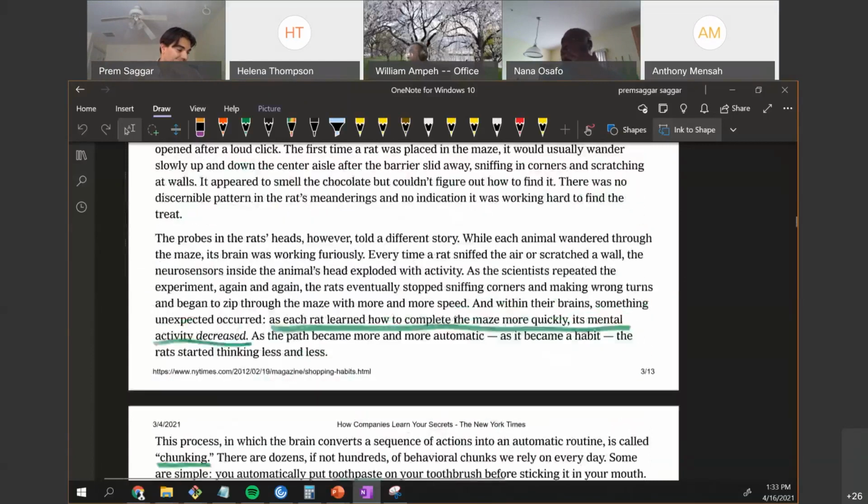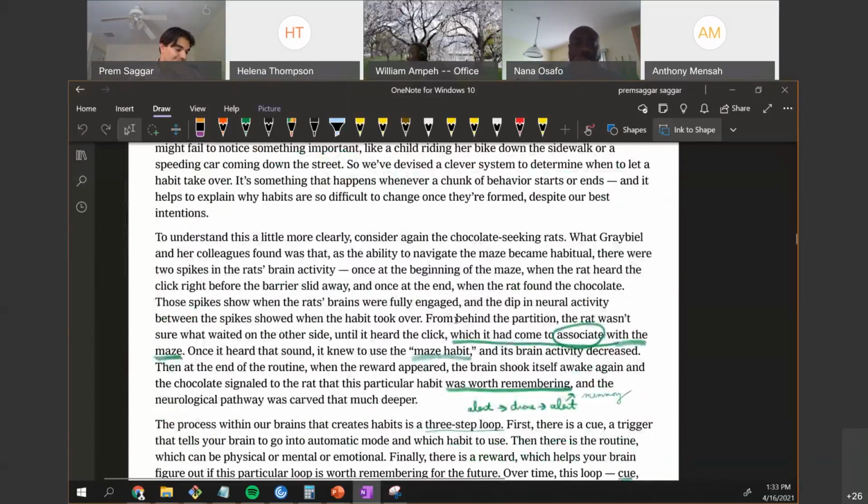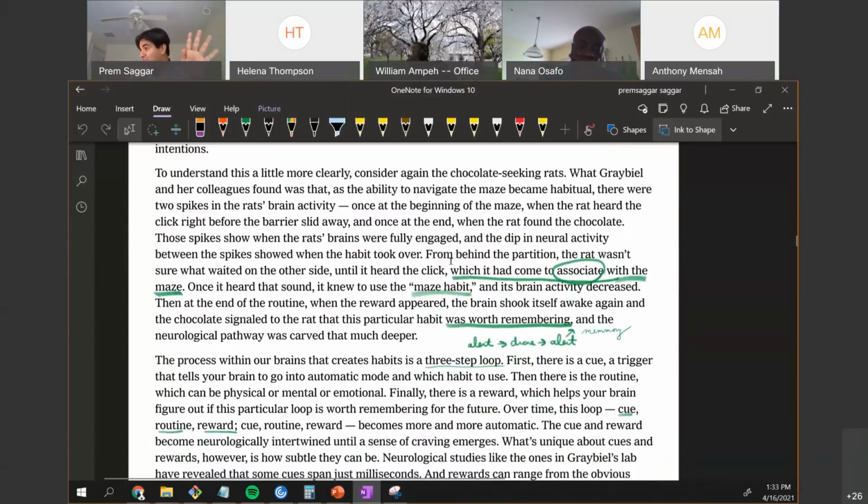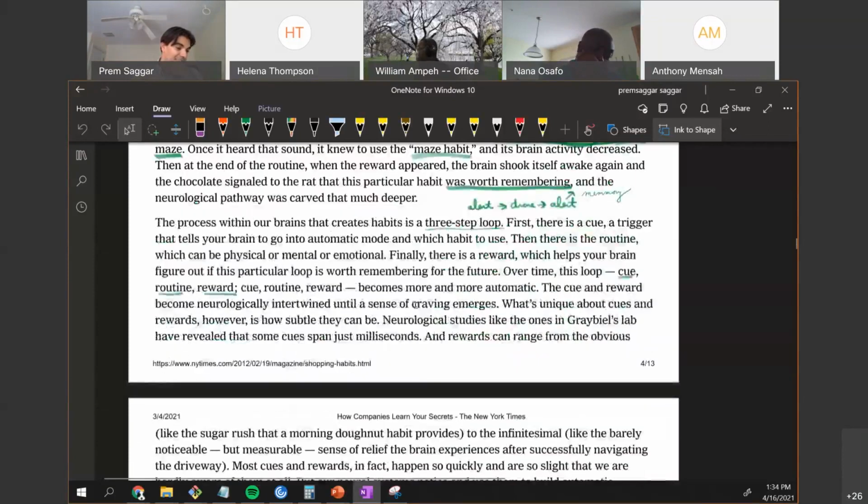And then they talk about how they examined the rats to figure out when they were vulnerable, when they could change the rats' habits. Habits cut both ways, right? If you have a habit that is in their favor, great. But if you have a habit that they want to break, we don't want you to shop at Walmart, we want you to shop at Target, right? How do they get you to be weak? Okay? So that they can break that habit, right? How do they incentivize you? And they used mice in a lab to figure this out, right? And it's pretty amazing to me that this stuff even happens. And then